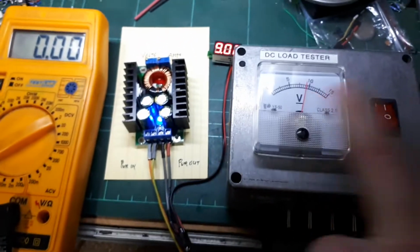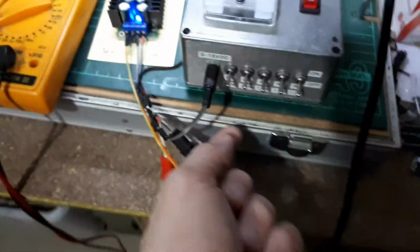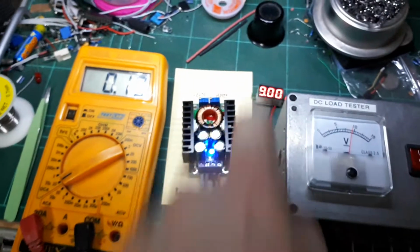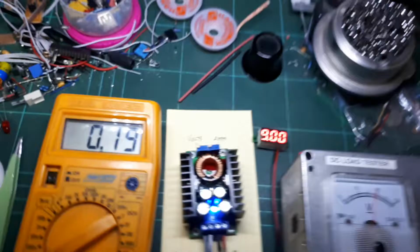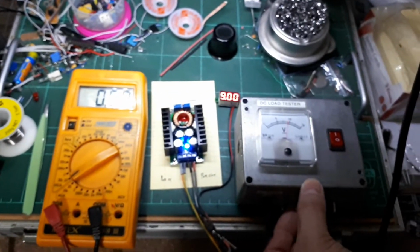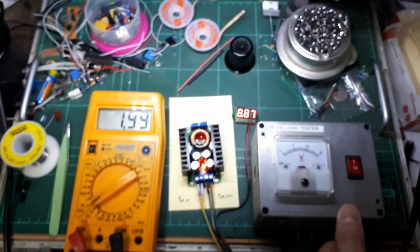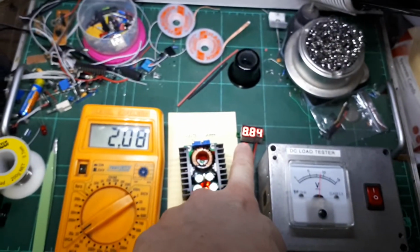So if we turn on the load bank, no current at the moment. But if I switch my first 47 ohm resistor in, the output voltage somewhat stays the same. That's good, and we do about 200 milliamps. So if I now do the second load switch and the third, now we're getting about 1.3 amps, and the fourth, and that's 2 amps, but now you can see that the voltage is starting to drop,